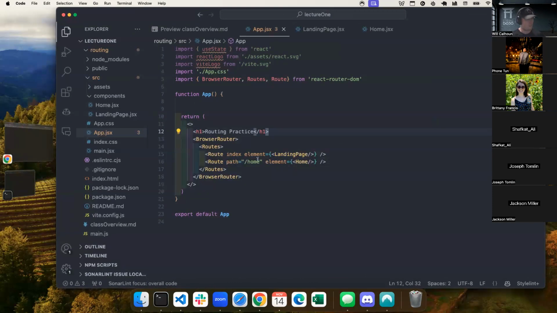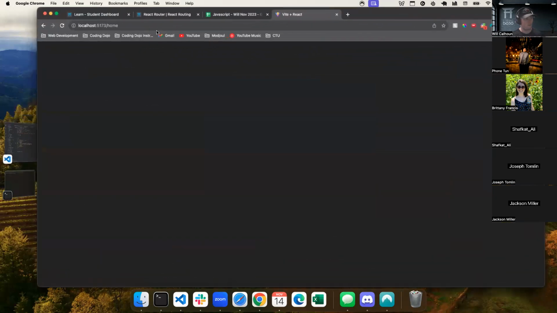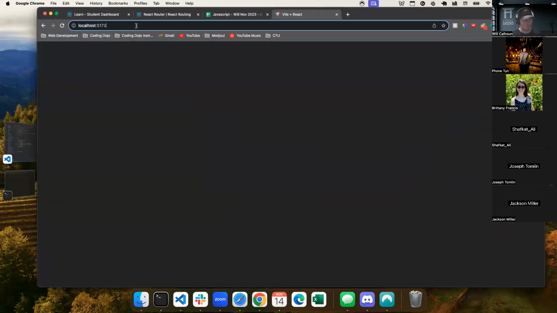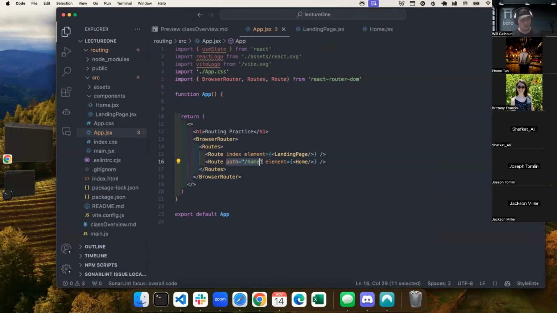Perfect. Now let's go see what's happening. What this route does, let's break these down here. This is saying when my application gets this route, what do I want it to do? It gives me my path. So when the route is /home, it's going to find this and say, oh, yep, I've got /home. I found it. What do you want me to do? I want you to bring up this element, which is our component